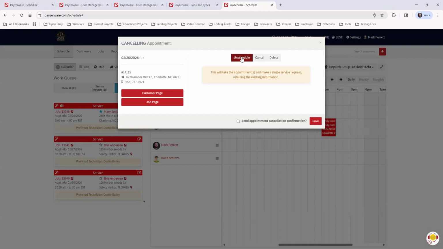Unschedule means we are going to pull it off of the dispatch board and put it into the work queue to be scheduled later. Cancel means that we have no plan to schedule this in the future. We're actually just going to cancel it completely, but it will show a historical record of this on their customer